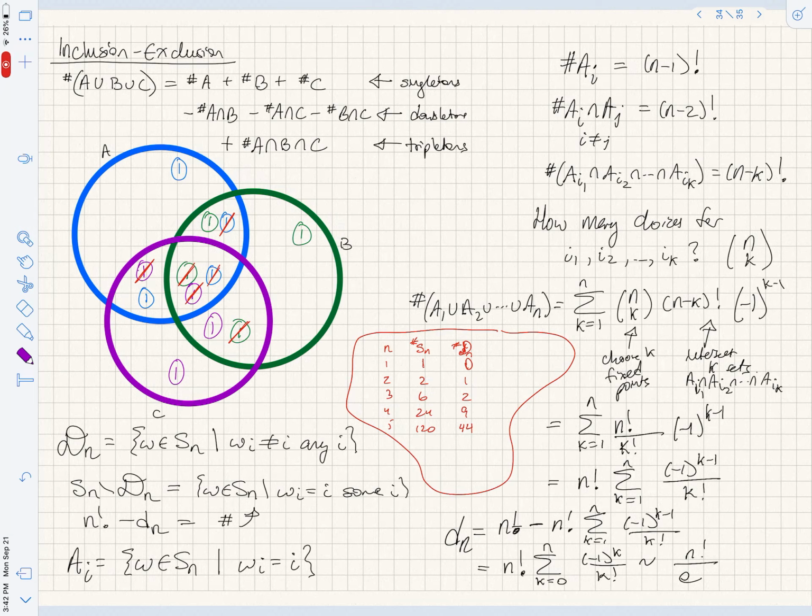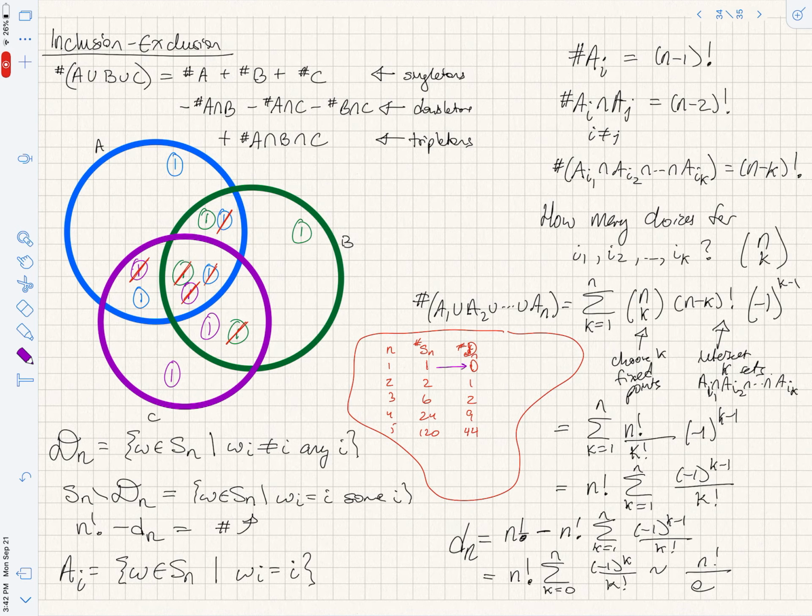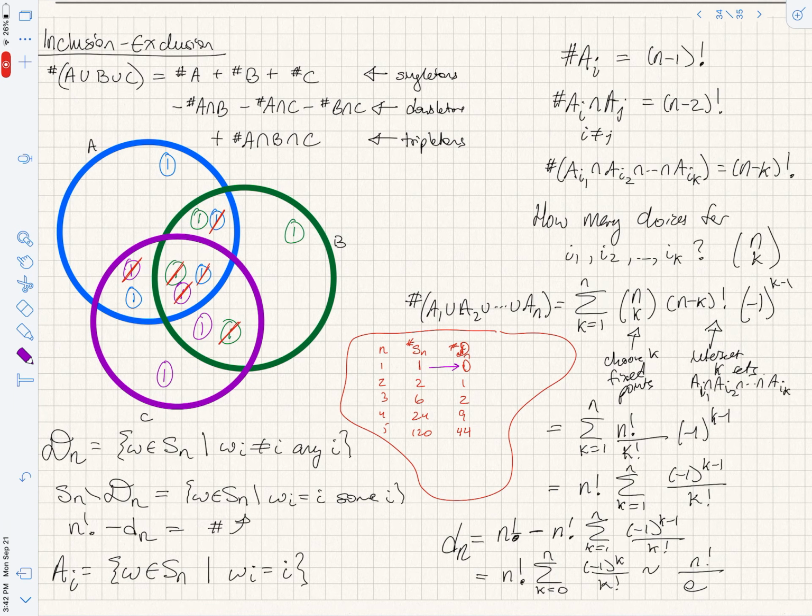And you can see that roughly what we're getting here is, well, a third of 1 is 0, truncated to the nearest integer. A third of 2 is about 1. A third of 6 is exactly 2. A third of 24 is roughly 9. And a third of 120 is roughly 44. So here we can take 1/3 of n factorial to get a rough approximation. If you want a better approximation, it is actually going to be the nearest integer to